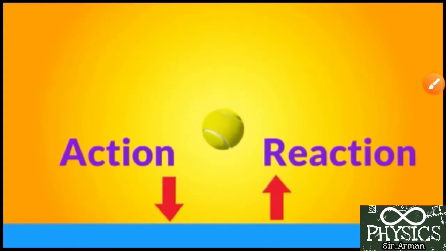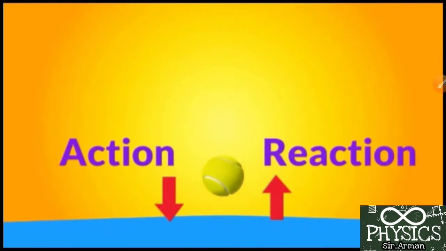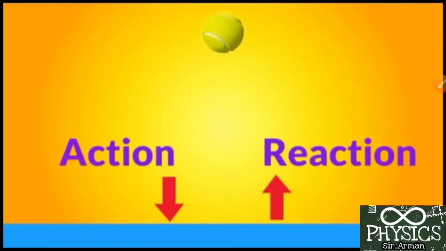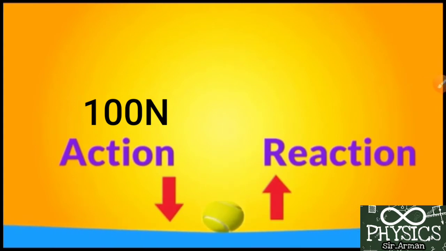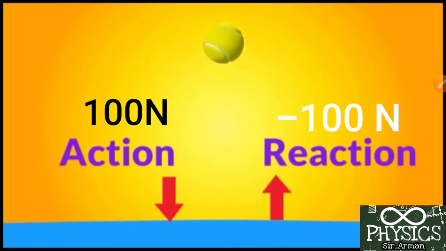Let us try to understand it with the help of an example. Here you can see that a ball hits the ground and that force is called the action force. And in reaction to that action force, the ground applies an equal and opposite force on the ball. For our convenience, let us take the example that when the ball hits the ground, it applies a force of 100 Newton on the ground, and the ground applies an equal and opposite force, that is called the reaction force, on